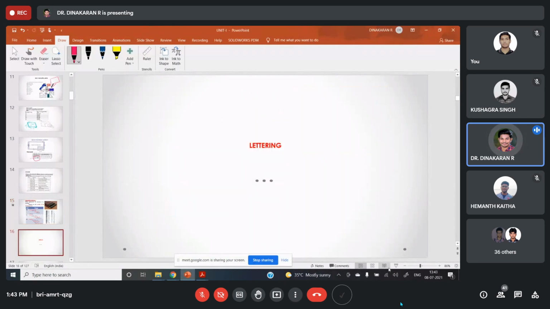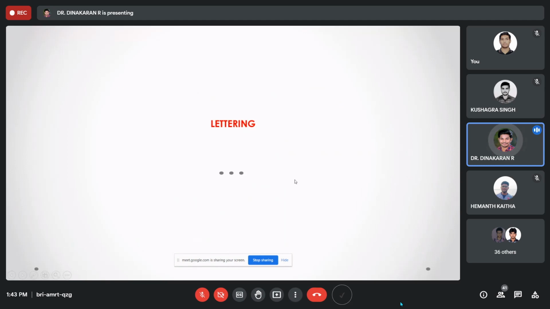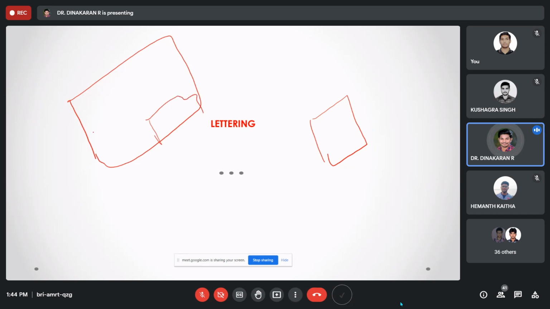Now in this class we will see lettering. Lettering is also one of the important parts of drawings. Without lettering, if we just draw one thing, is that enough for the manufacturer or skilled labor? This is a chart. After we draw the title block and all the margins, we draw the diagrams and everything. Is this enough for them without mentioning anything?